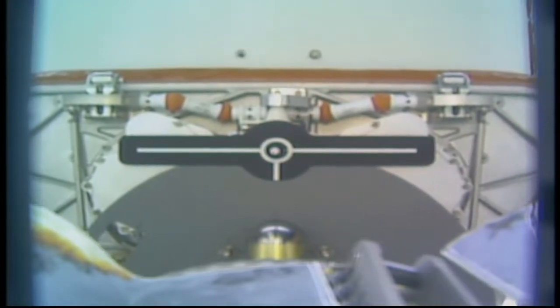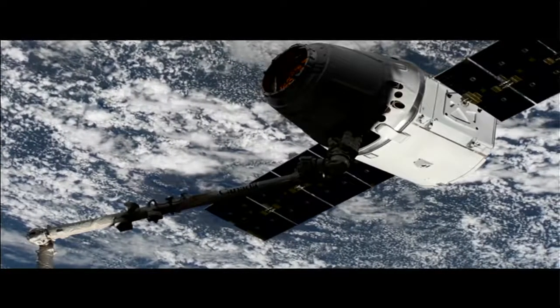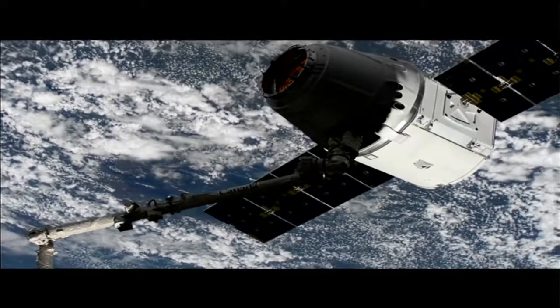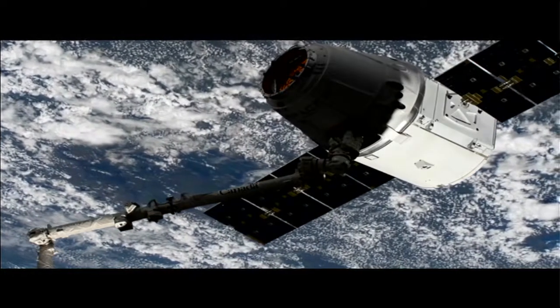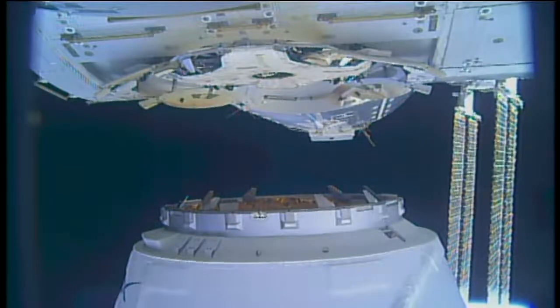And then the grapple was set up by that. This is a replay from just a little bit earlier this morning. The grapple came at 5:40 a.m. Central Time, 6:40 a.m. Eastern Time, while the station and Dragon were flying just over the southern part of the Democratic Republic of the Congo. That capture came about 20 minutes ahead of schedule, as after they worked all the times from the different burns of the Dragon's thrusters, they were able to get there a little bit ahead of schedule and grapple it with the Canadarm2 robotic arm. But with that done, the vehicle has now been maneuvered to where it sits right now,